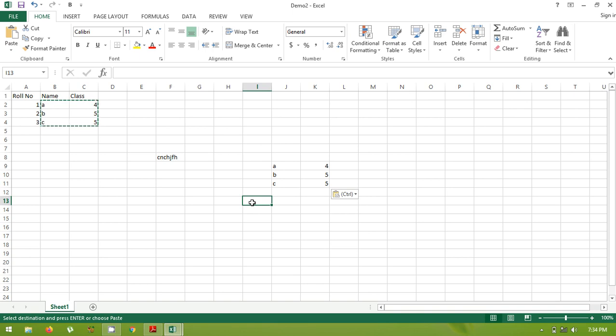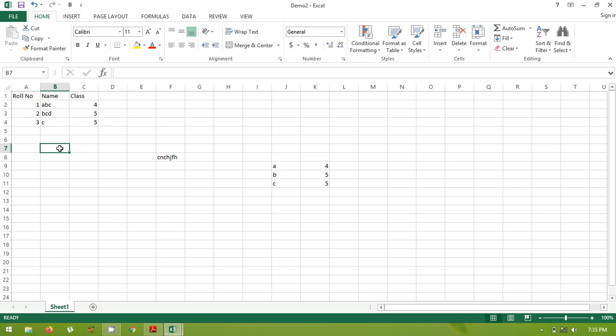The next topic is editing data in a worksheet. Suppose I enter this data in this cell, B2 cell, and this is the name box which shows the address or name of the cell. I want to change this. How can you do it? First click on it, or you can simply double click on it. When you double click on the particular cell, you notice the insertion pointer inside the cell, and you can perform your editing or changes within the cell. So this is how you can edit your data.